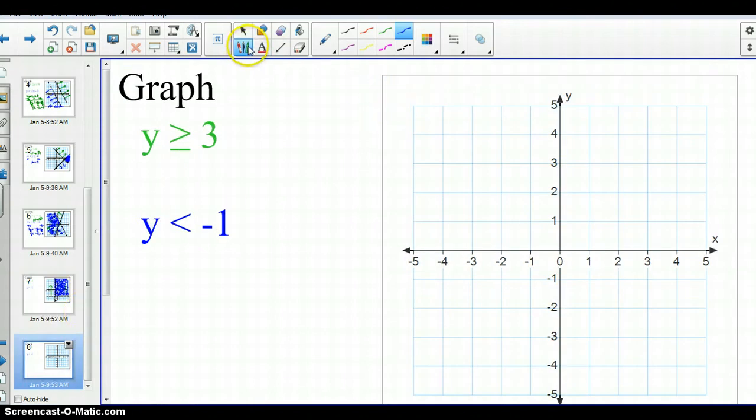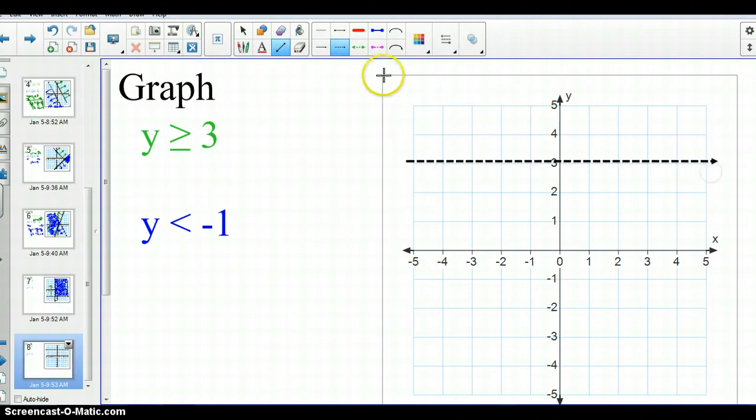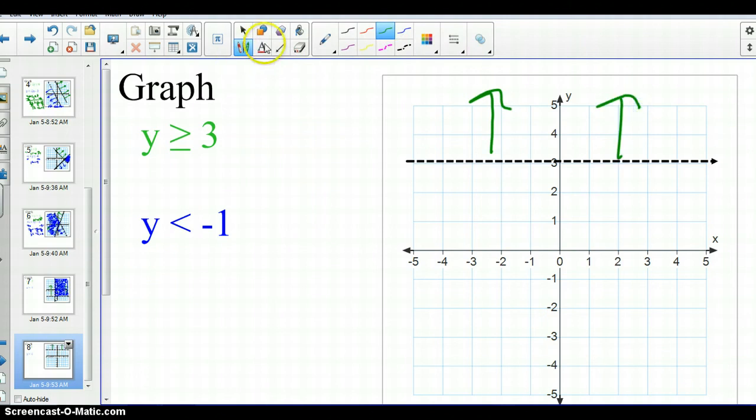The last one, it'd be a solid line at 3, and greater than is going up. Then we have a dashed line at negative 1,